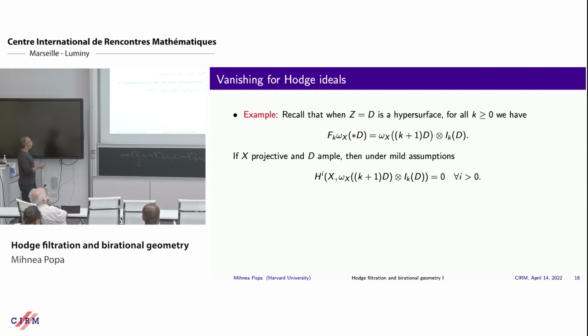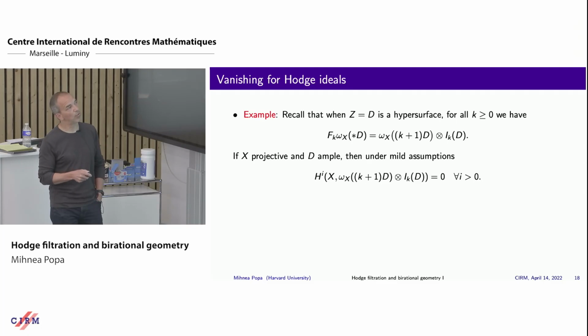When we have a hypersurface, I remind you it's a little bit easier to work with the localization along the hypersurface. And I told you that the Hodge filtration is given by this line bundle of forms with poles of order at most k+1 times some ideal sheaf we call I_k, the Hodge ideal. And the vanishing theorem takes this form. You can do some more manipulations, and now it looks kind of nice. With no D-modules, no de Rham, no nothing. Okay? It looks like this, right? So X is projective and D is ample. Under some mild assumption, okay, I'm kind of cheating here because I don't want to state them, you have this vanishing,